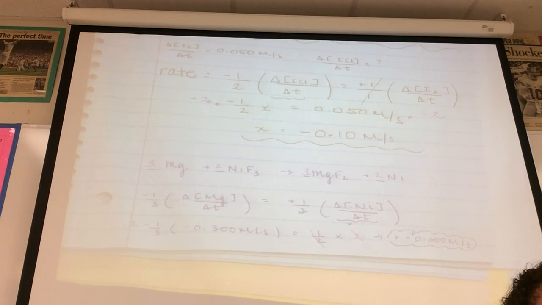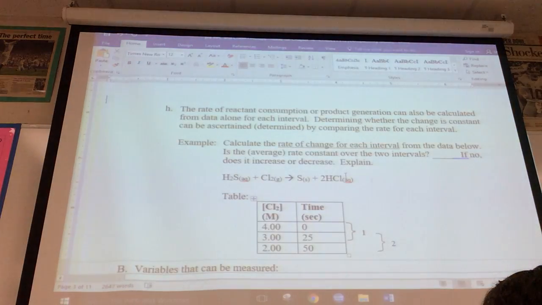Questions? So you now know how to write rate equations. You know that kinetics is the study of reaction rates and the factors that affect them. Not only can you write the rate equations, you can solve them. And you'll get some more practice with this. Ideally, I would like to go over determination of rates from data. And it's extremely easy. It's not anything that you wouldn't be able to do. But rather than zip through it,